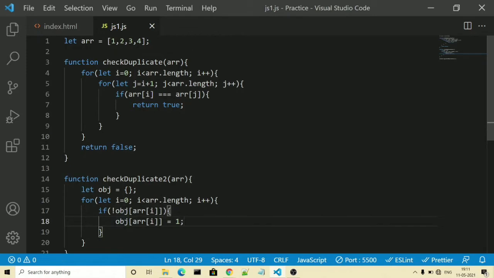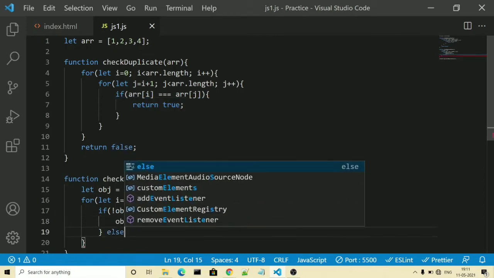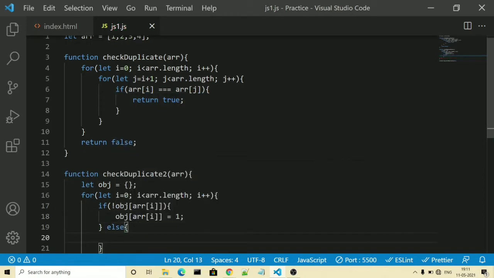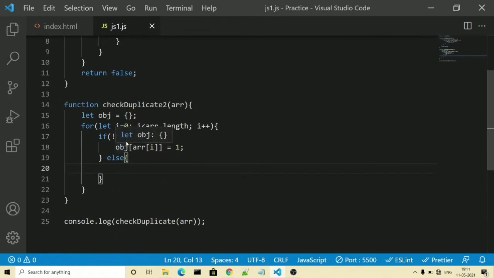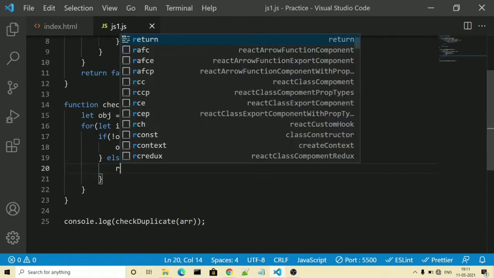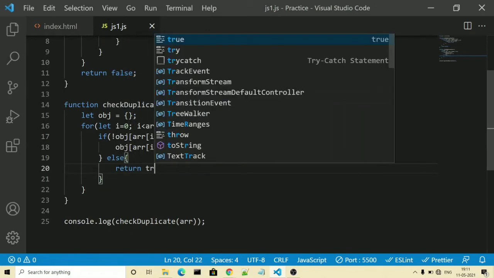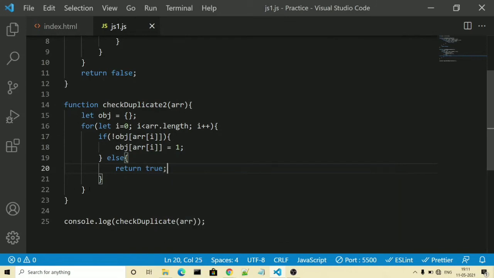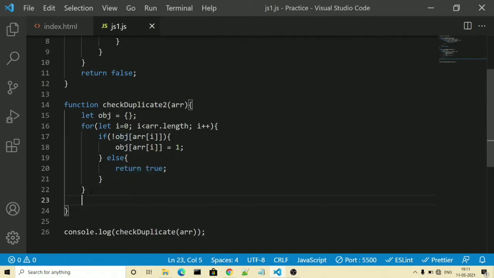That means for the first time 1:1 will come, for the next time 2:1 will come, like that. The second condition will come for the else part. That means if it is already existing, then we will simply return true. Or if it has gone through all the array elements and the return true condition is not executed, that means there is no duplicate. So to handle that, we need to return false at the end.